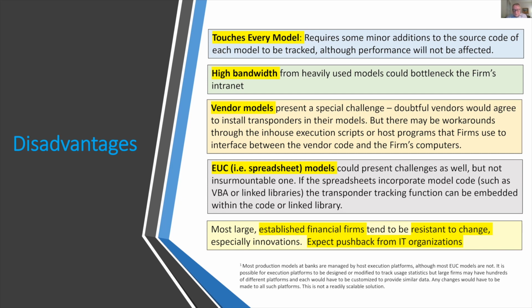And my first remark was, well, it's your intranet. If that's not secure, you've got bigger problems than this. But there is a workaround. You could still put the results into a local database inside the firewall and just collect data, say once a week, do a sweep through all the local databases into a centralized database. That adds an extra level, but it breaks any direct connection between the model and intranet.